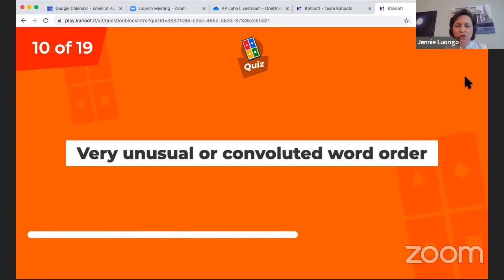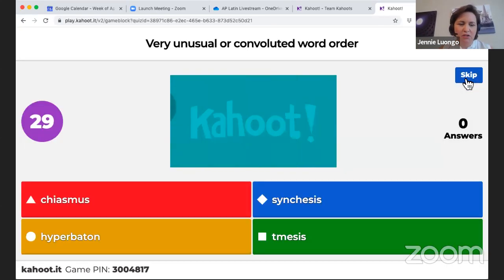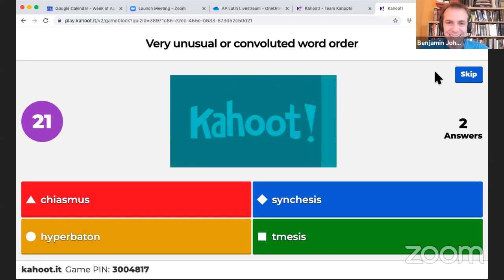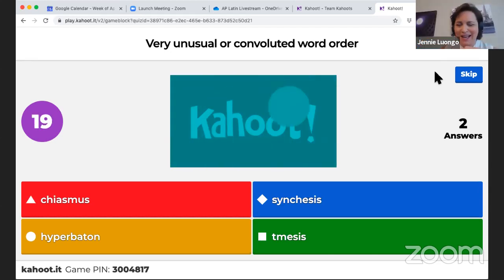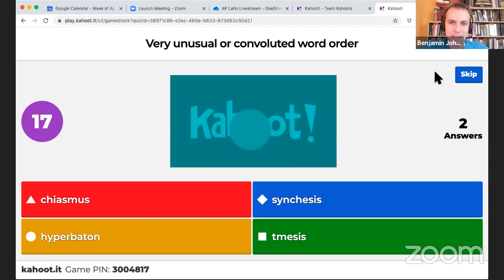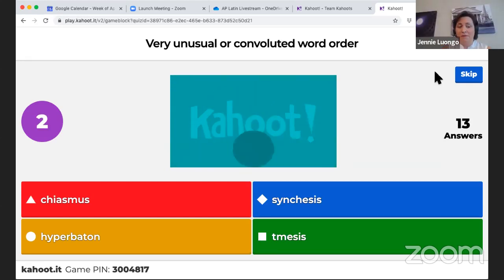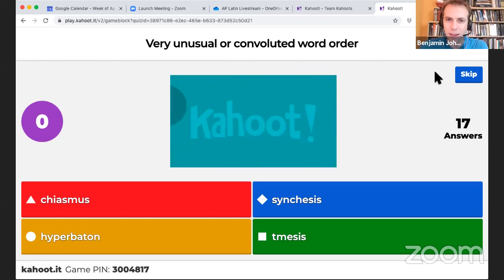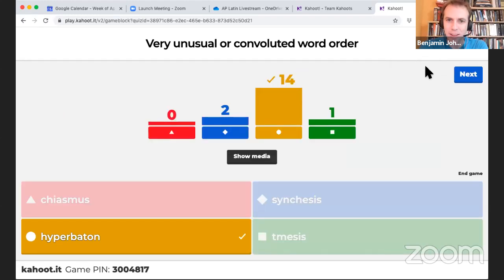Okay, very unusual or convoluted word order. Sometimes my students try to convince me that kind of normal Latin word order is this, and I'm not buying it. Sometimes this can be distance placement of words, like an adjective might be distantly placed from the noun that it belongs to. We saw that with the quam obscurum in Dido. We did. We have seen this before. So things are far away. They're like super far away, right? Hyper far away.